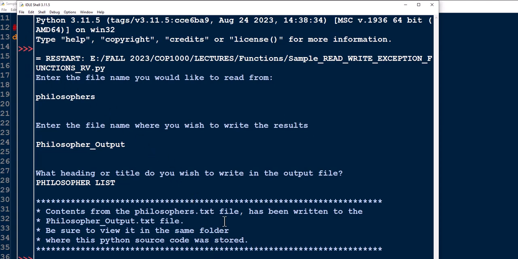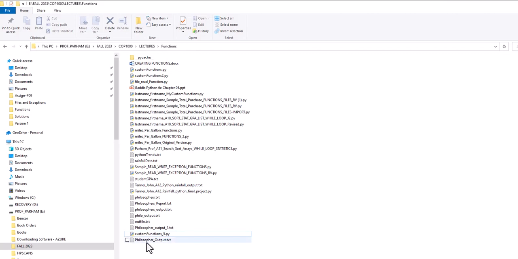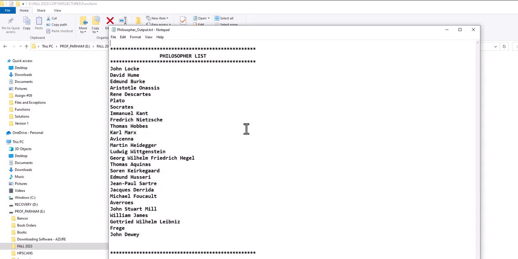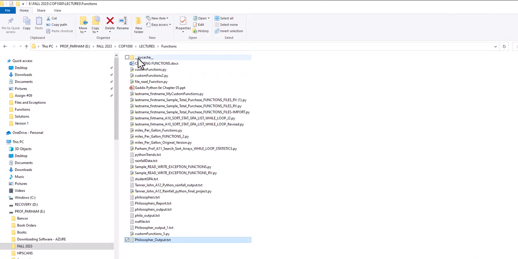Now let's go see if that file is actually there. Here it is, philosopher output. And here it is. What Python did was it created a link so that the file that we're working with, which is the sample read write exceptions function,